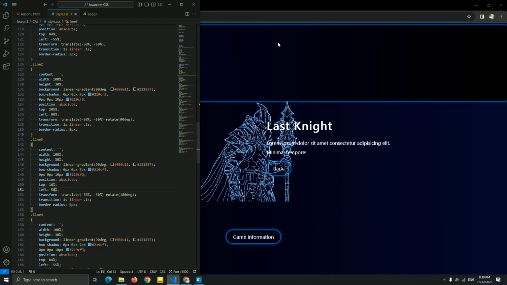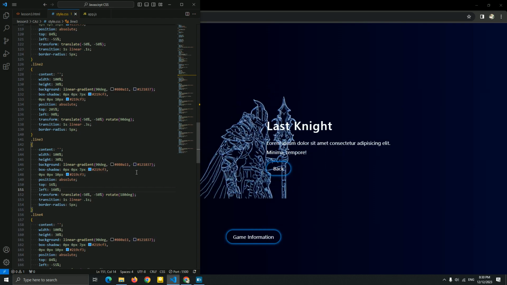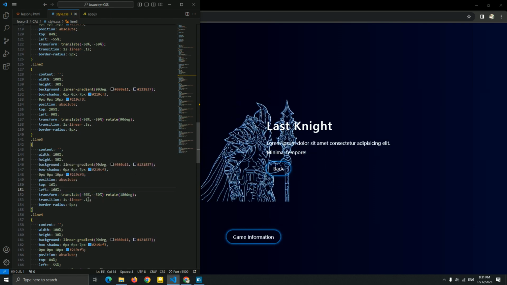Yeah, for this line 3, I'm gonna add a left of 160% or 150%, doesn't matter, because I need it to be on the right side instead of the left side, and when the animation starts, it goes to the left of 0%. Okay, and for this transition, let it be 5 seconds.